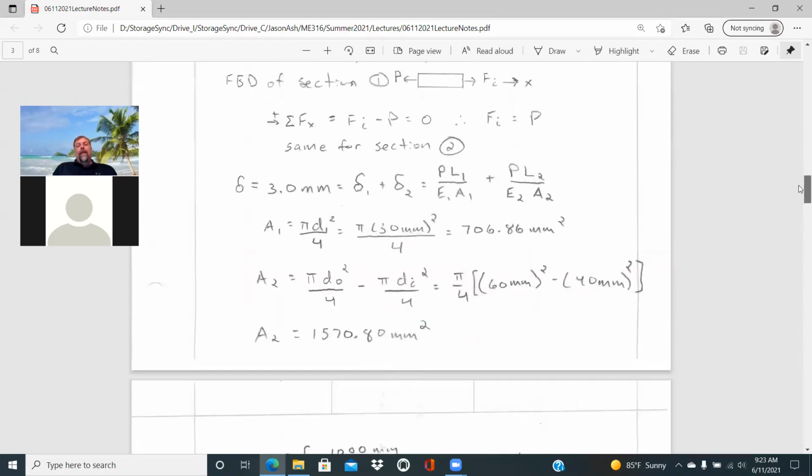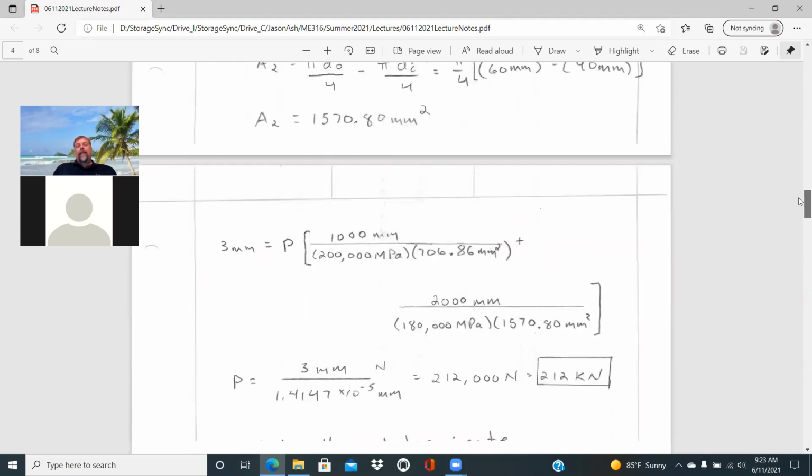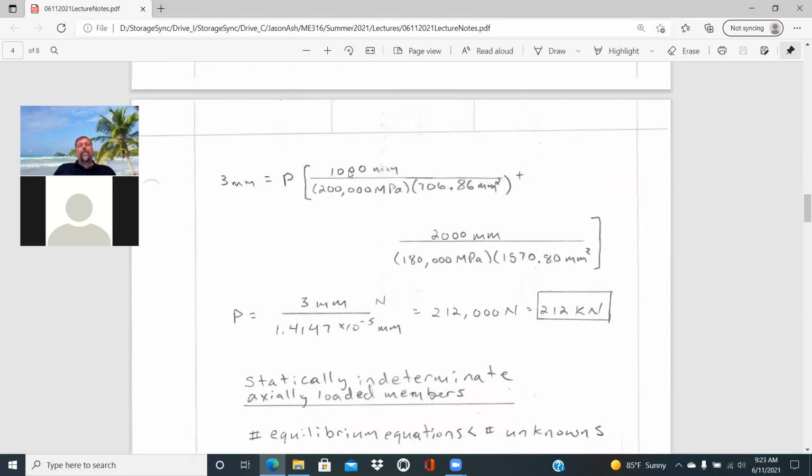And so then with this, we can pull P out of the right-hand side and then just put in our various values of our lengths, 100 or 1,000 millimeters, our Young's modulus of steel, 200,000 megapascals, and that area we just calculated, plus 2,000 millimeters for the length of the mononickel, its Young's modulus and area we just calculated, and all that's equal to 3 millimeters. So we are all set now, one equation, one unknown to solve for P. And when we do that, we end up with 212,000 newtons